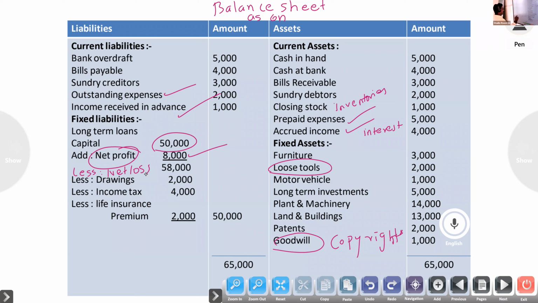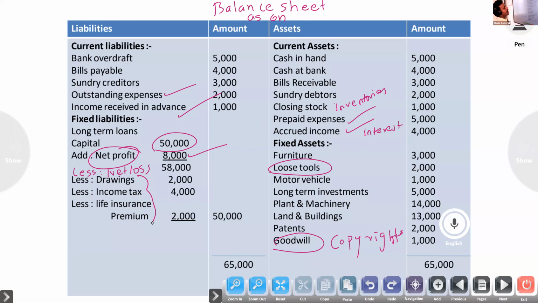Now here, look at 3 items. Expenses related to personal or residential purposes are drawings. Income tax is paid on the person's tax; it is related to residential, personal expense, drawings only. Life insurance premium, the premium paid on the life of a person, is a personal expense, it is drawings.